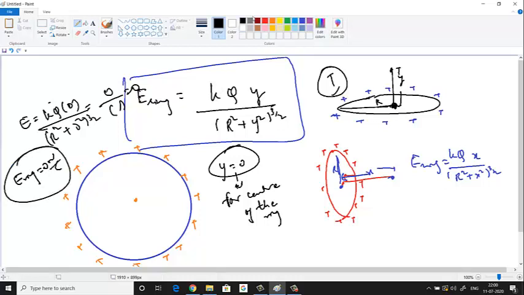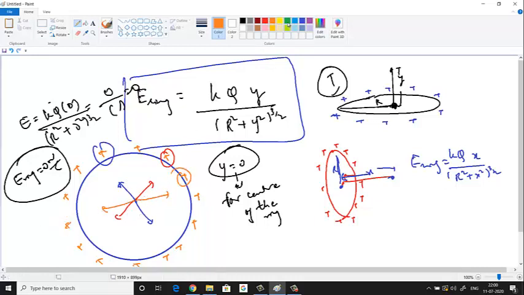Now, by intuition, this charge will have an electric field here. It is having exactly one opposite charge here, which will produce an electric field in the opposite direction. Let us say we take any charge, this charge. Due to this charge, the electric field is going to be in this direction. It is having one charge exactly opposite, which will produce an electric field here. Yes or no? Due to this charge, the electric field is in this direction, and due to the exactly opposite charge, it will be in the opposite direction.